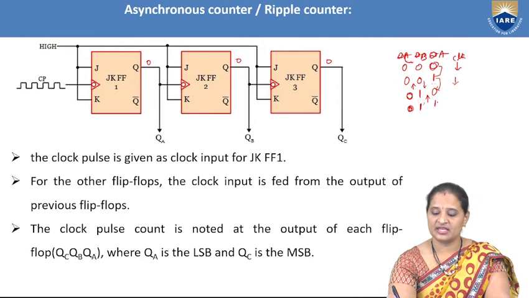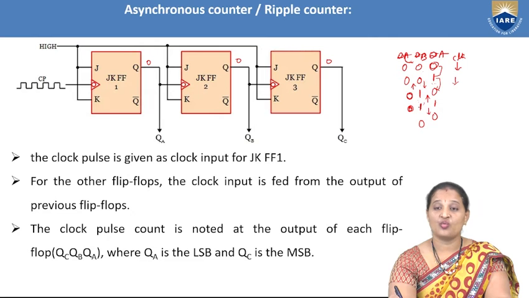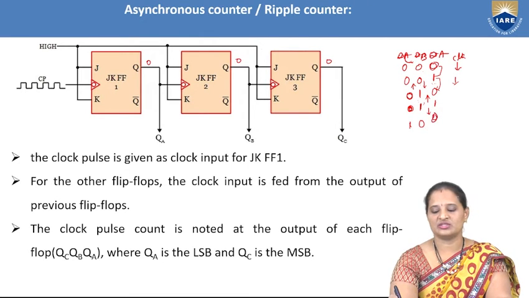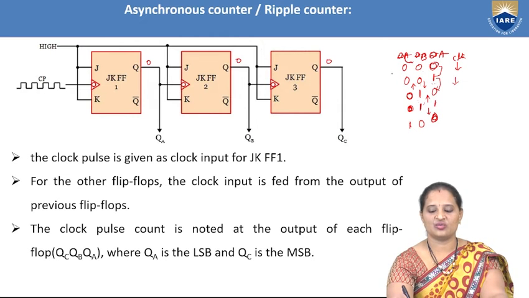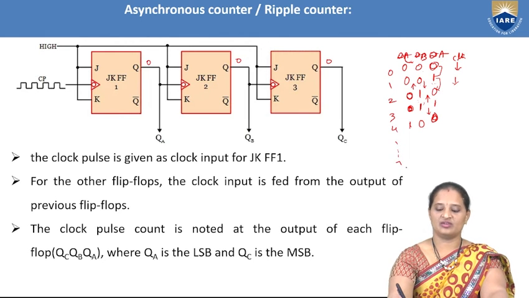So now let us see during the next clock pulse what happens. Again it will change to 0. So what is the transition we have? It is 1 to 0. So it is a negative edge. So now it toggles. That means as the present state is 1, the next state becomes 0. Now what is the transition we have? 1 to 0. It is considered to be a negative edge, and hence the next state of the third flip-flop will be toggled here, and hence it becomes 1, 0, 0. So 0, 0, 0, 0, 0, 1. This is 0, 1, 2, 3, 4 and so on up to 7 it will count.